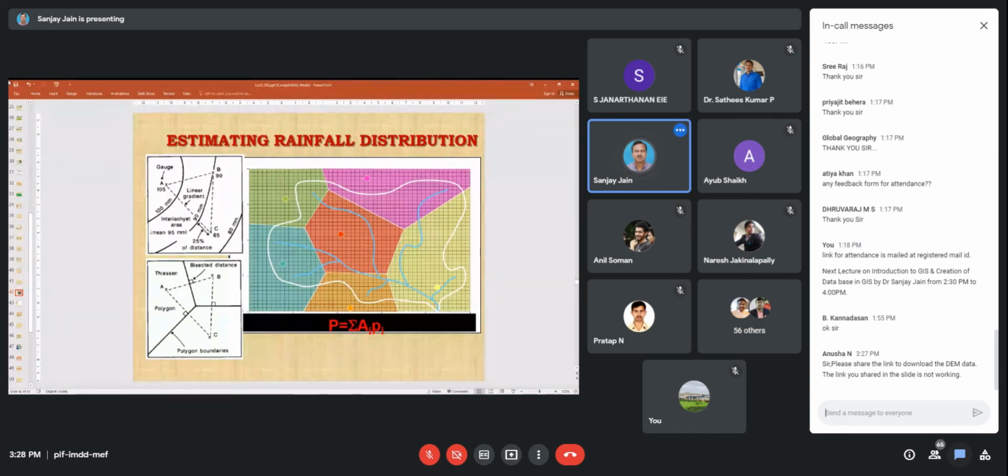You can see here, very difficult sometimes. But once I have it in GIS, I have digitized the location of the rain gauges, like you can see, 6 rain gauges. So these polygons we can draw directly in a GIS. We need not worry about anything. We only have to digitize the location.